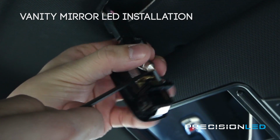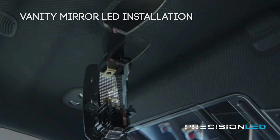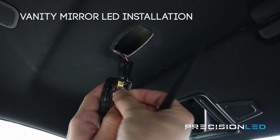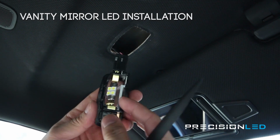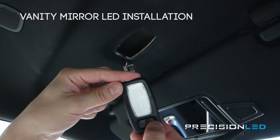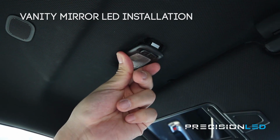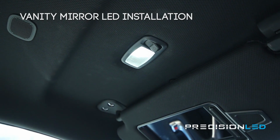This one is a little bit tighter in place on some of the installations we have done, so make sure that you're very careful and you do take your time because it will take a good amount of force to release the vanity mirror housing from the roof liner. Once you have everything out, you can use that pointed wedge tool to remove the old halogen bulb and just replace it with the new LED bulb that comes in your kit. You do want to make sure that you are reversing that LED so it is pointing down through the clear lens to make sure the light's going the proper way. Once you've tested it out, you can go ahead and reinsert the housing back into the roof liner and check